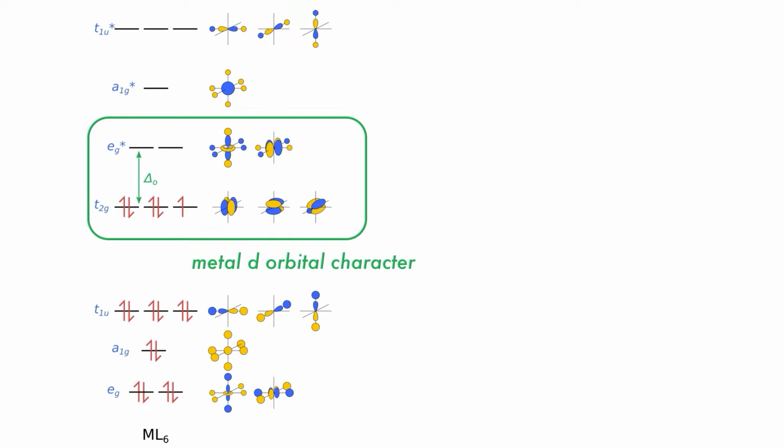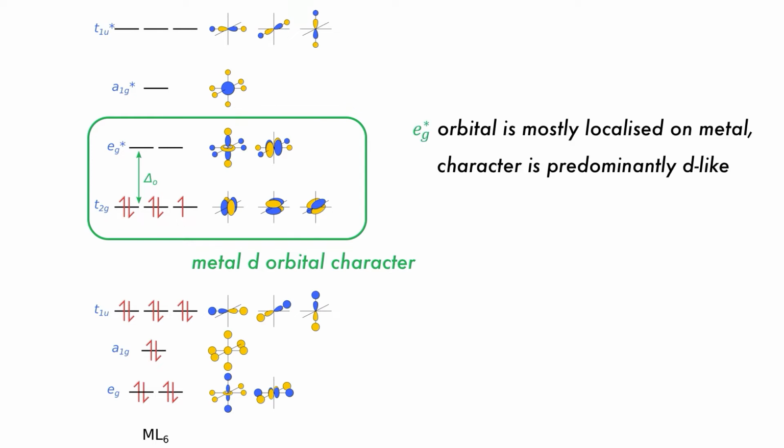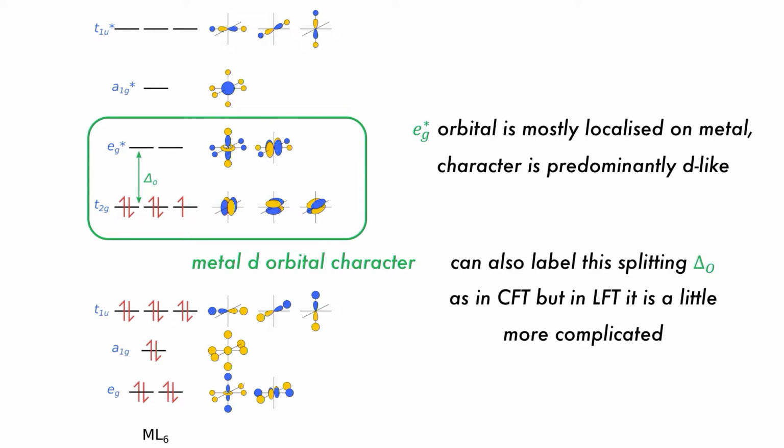The central orbitals, the t2g and eg* orbitals, are essentially pure d orbitals. The t2g set here are non-bonding and have no influence from the ligands, and the eg* set, being an antibonding orbital, has limited contributions from the ligands and has predominantly d orbital character. The separation between the d orbitals with t2g and eg is qualitatively similar to that of crystal field theory, but